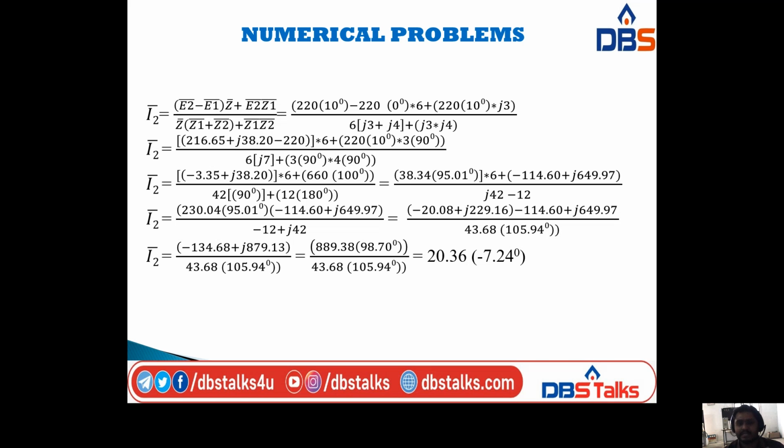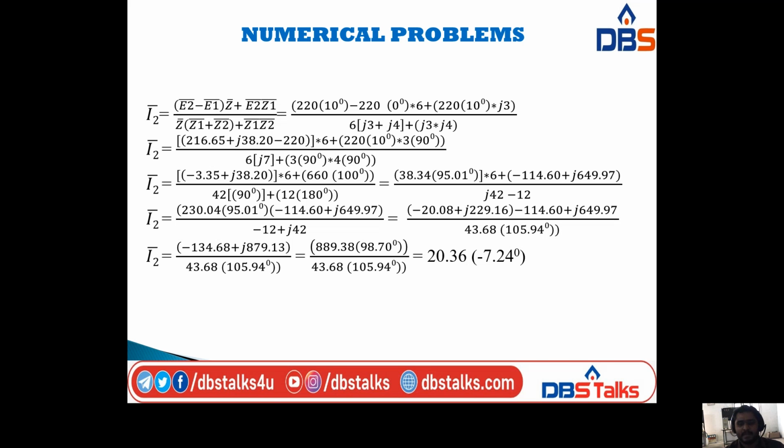We have 3 at an angle of 90 divided by 6 into J3 plus J4 means J7, plus 3 into, so please convert J3 and J4, these two in rectangular form, into polar form. Finally we have J3 in polar form is 3 at an angle of 90 into J4 in polar form is 4 at an angle of 90, and simplify this one. After simplifying the first one, that is 216.65 plus J38.20 minus 220, we have minus 3.35 plus